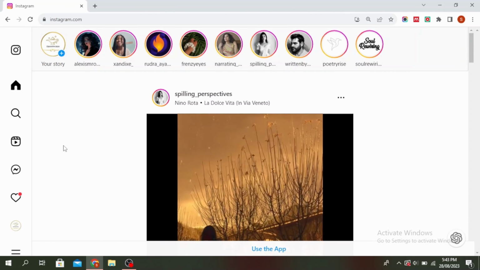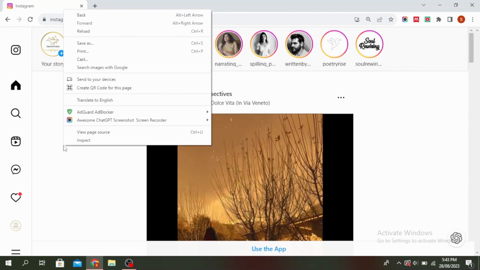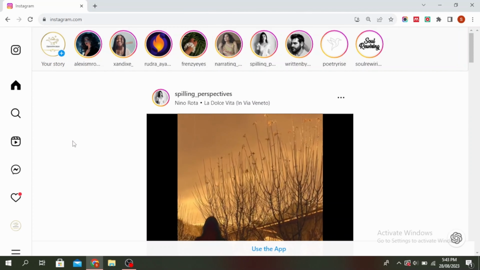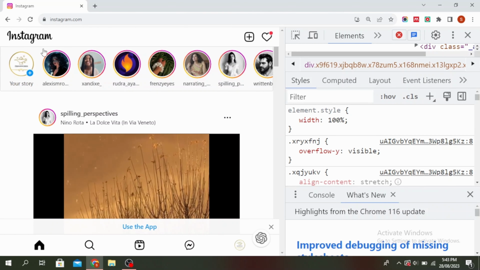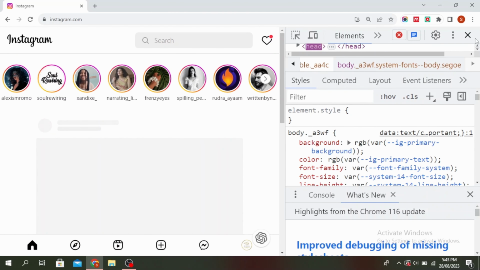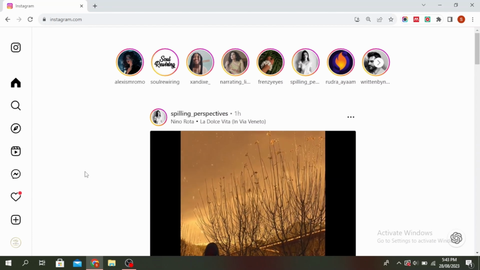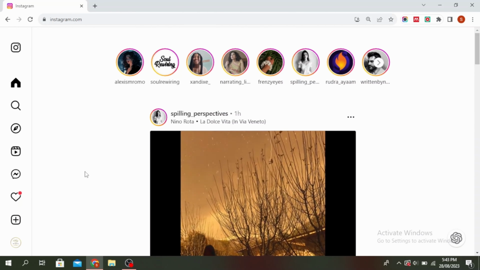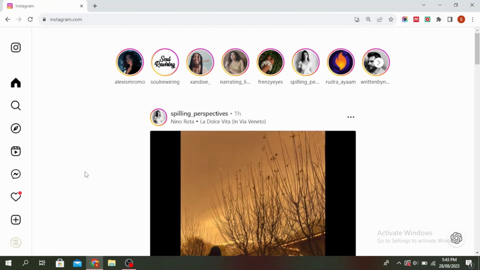If you want to go back to the normal Instagram, you can just right click on it and click on inspect again and just untick this. And then go ahead and refresh it again. And then you can cross this out. So you'll go back to how Instagram is normally open on the browser. So this is how to post Instagram stories on